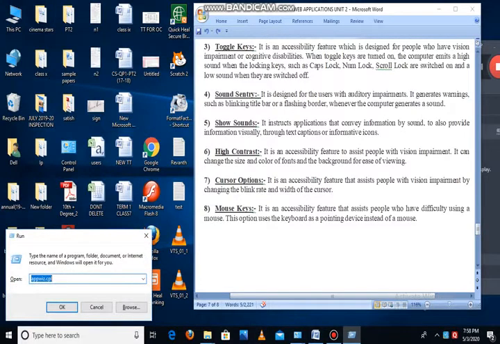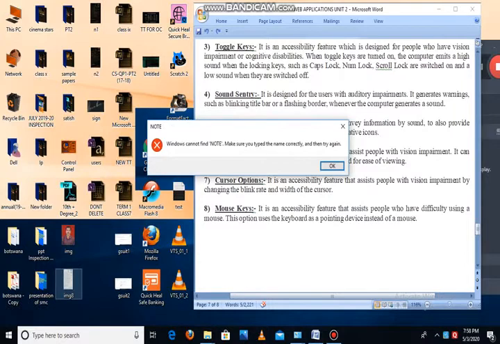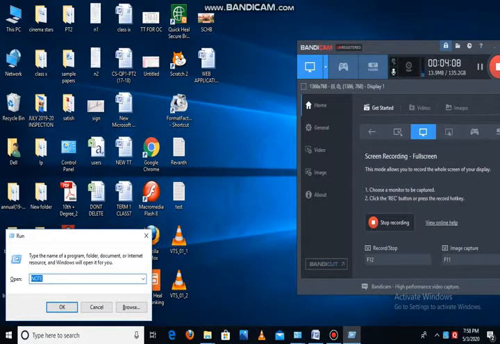In the command box, I'm typing, I just want to open Notepad here. Instead of typing notepad, I'm just selecting notepad and clicking on enter. If you observe, again I'm showing, I'm just minimizing it. See, instead of typing notepad, I've just typed here note. Now I'm clicking on OK.